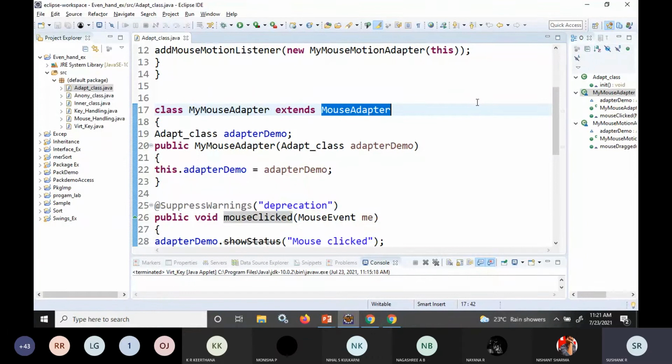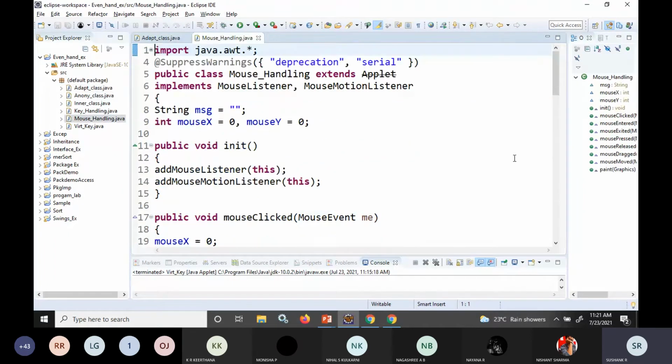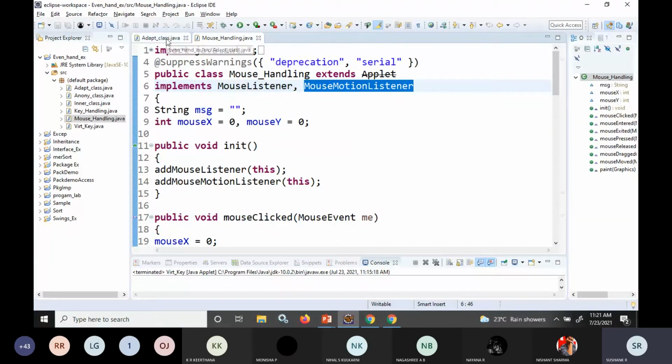We had two listeners, right? Mouse listener and mouse motion listener. We'll open this parallelly. This mouse listener was having five methods, and mouse motion listener was having two methods. Now I'm using mouse adapter.